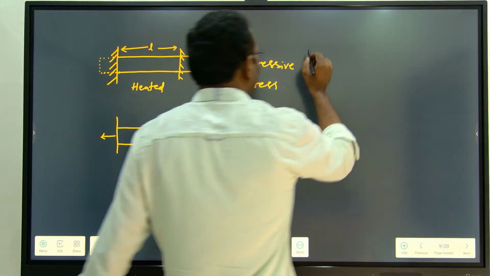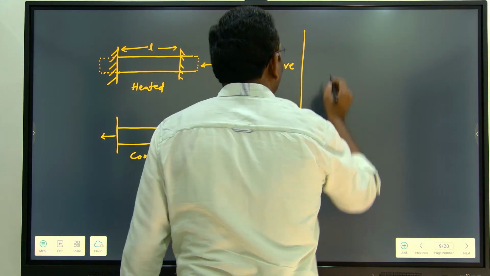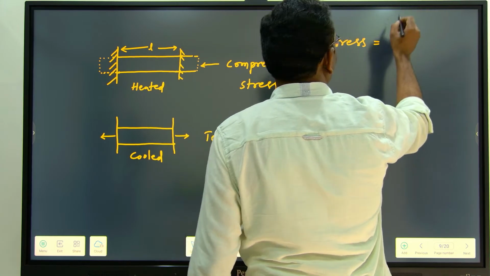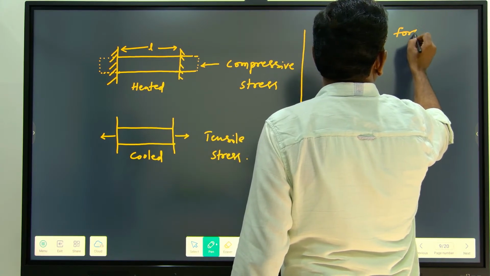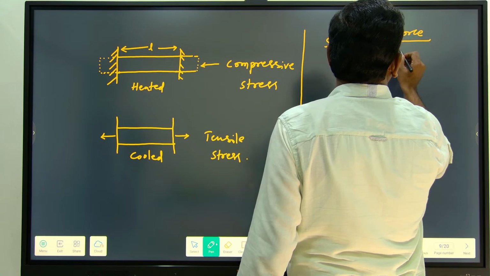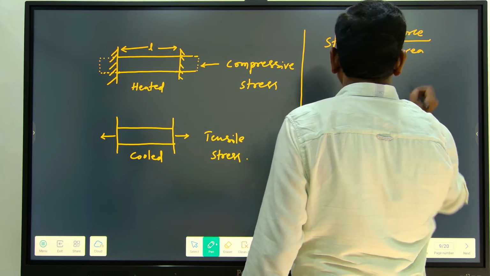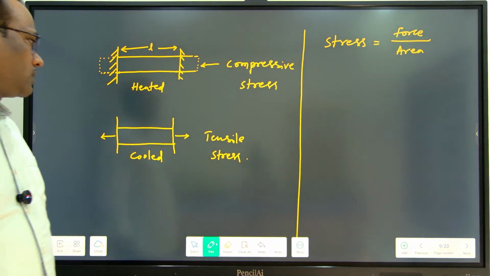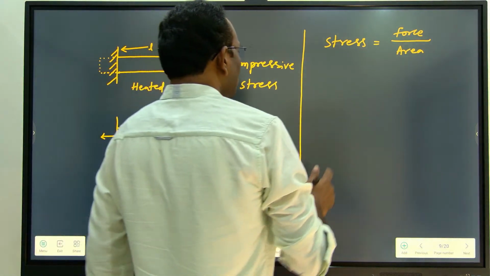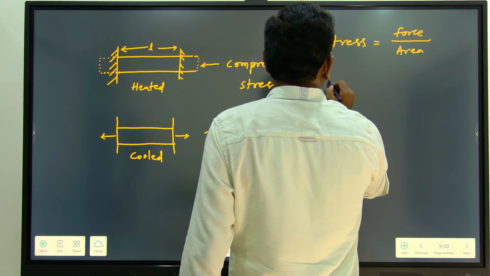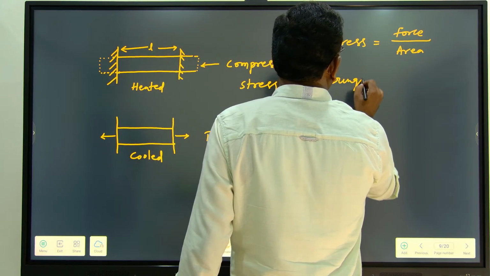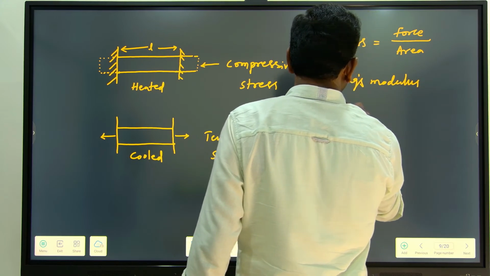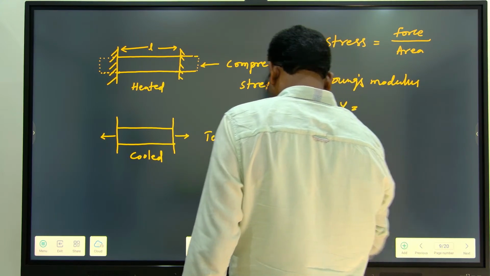Okay, actually what is stress? Stress is nothing but force divided by area. It means the force developed per unit area is called stress. Okay. So generally we are taking Young's modulus. Young's modulus Y equal to